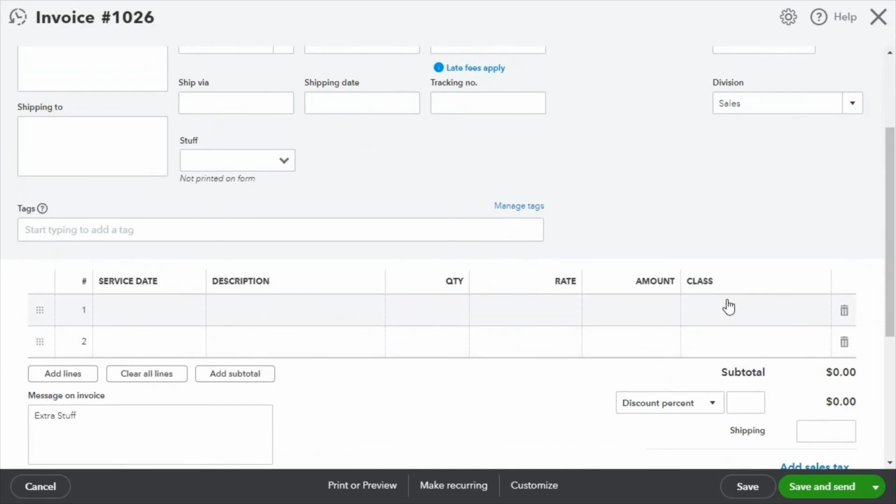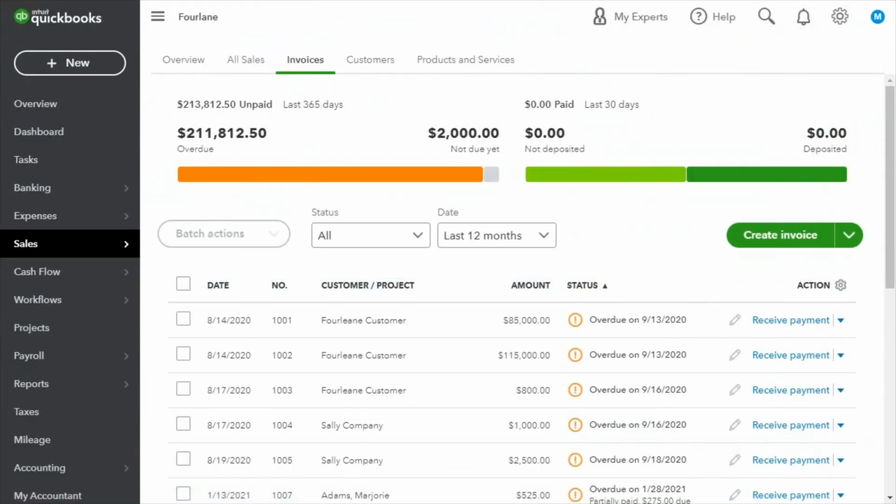Whereas with class, you can split up a transaction into multiple classes on the same transaction, right? So just something to keep in mind when you're deciding what information to put into which place. If you need to split the transaction, it's going to have to be a class or a product as an example. Okay. So that's on an invoice.